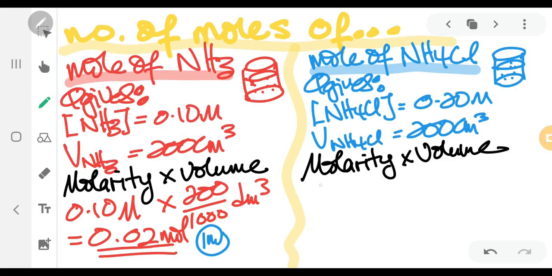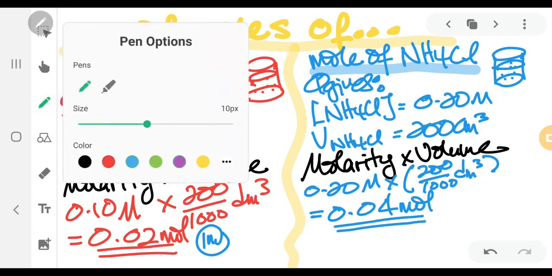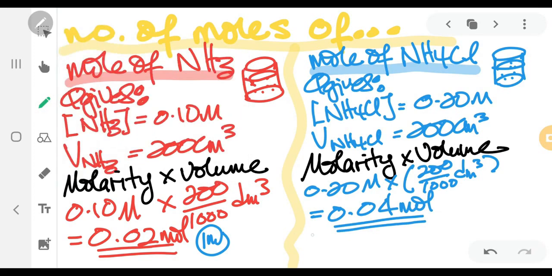The molarity is 0.20 molar times 200 over 1000 decimeter cubic, and the number of moles should be around 0.04 mole. In the case of NH4Cl, we do know that the moles of